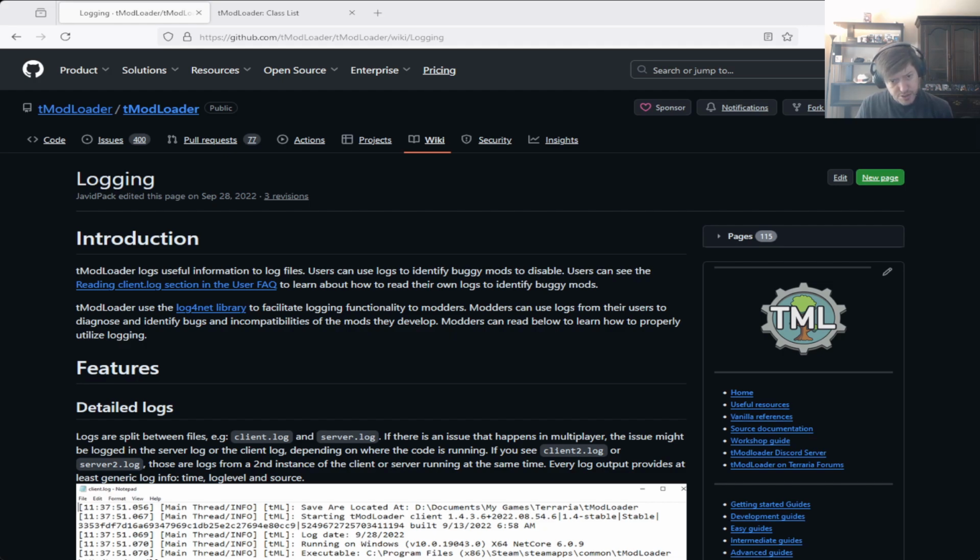Actually, I'm kind of curious if the logs are available or not right at this moment in time. So far, I'm not seeing a folder for logs. So, yeah. Okay. So it looks like,